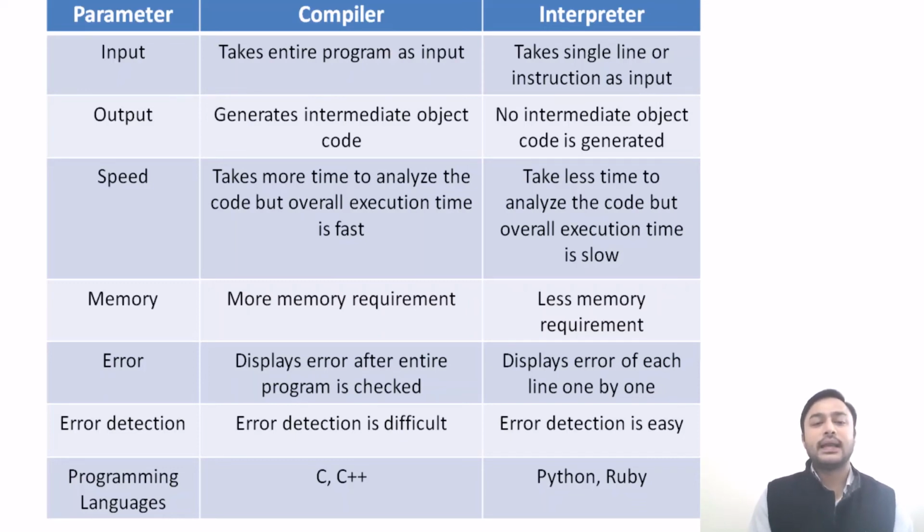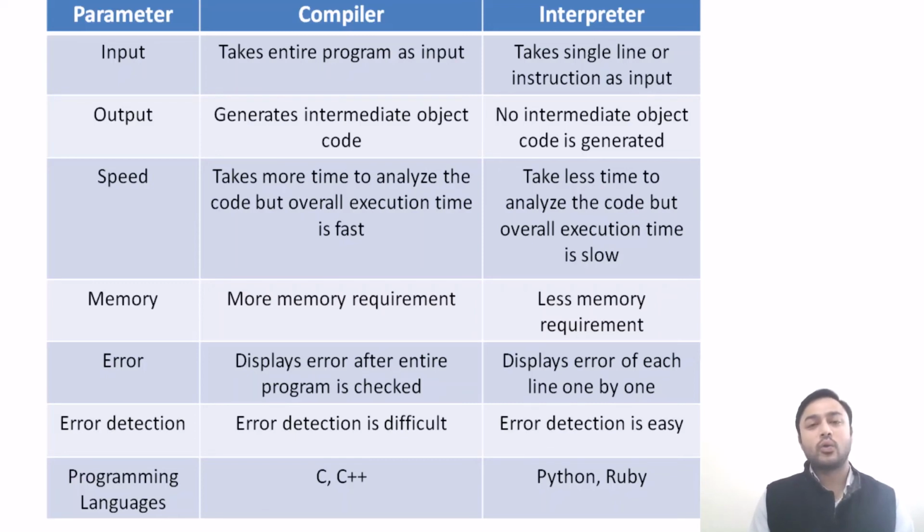Speed. In case of compiler, it takes more time to analyze the code, but overall execution time is fast. पूरे प्रोग्राम को वो एनालाइज कर रहा है कि कहाँ एरर है। जैसे कि आपने देखा होगा कि कई बार सेमीकोलन नहीं लगता, तो उस केस में रेड एरर मैसेज डिस्प्ले हो जाता है नीचे, तो वो बताता है कि सेमीकोलन इज मिसिंग। सो इट इज टेकिंग मोर टाइम टू एनालाइज द कोड। अगर किसी की कोडिंग बहुत बड़ी है तो इट विल टेक मोर टाइम टू एनालाइज, बट ओवरऑल एग्जीक्यूशन टाइम इज फास्ट।